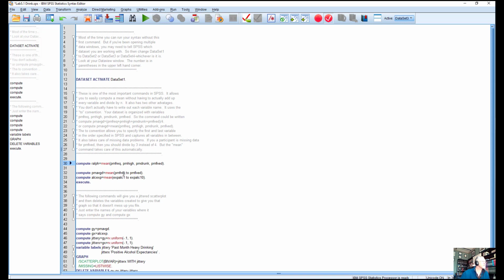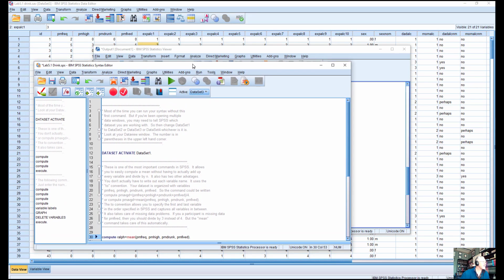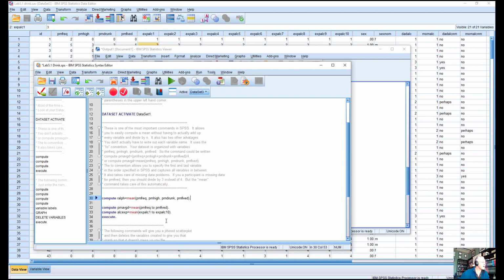The to convention basically says that if the variables are organized in order, PM freak, then high, then drunk, then 5, so there's 4 variables there, all I have to do is specify the first variable, then say TO, and then go to the last. It will average everything from the first to the last.